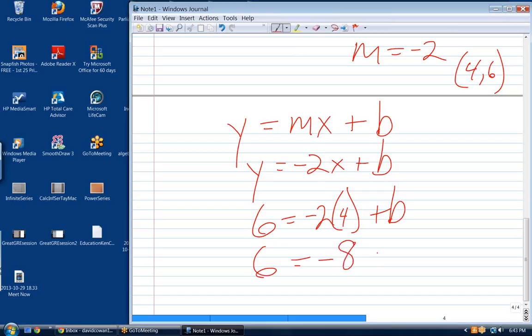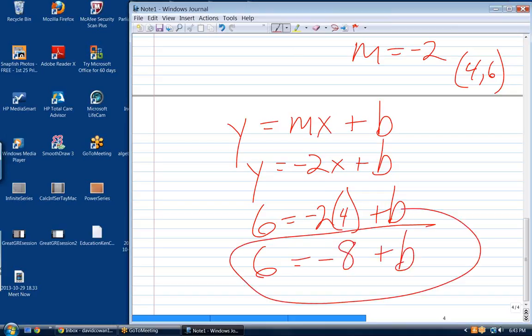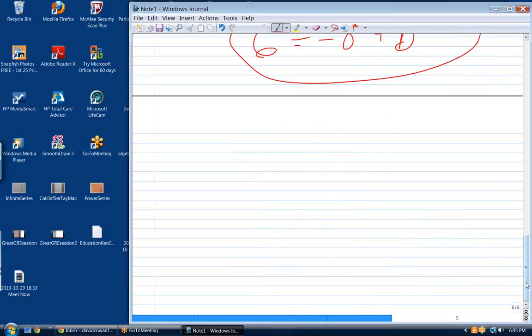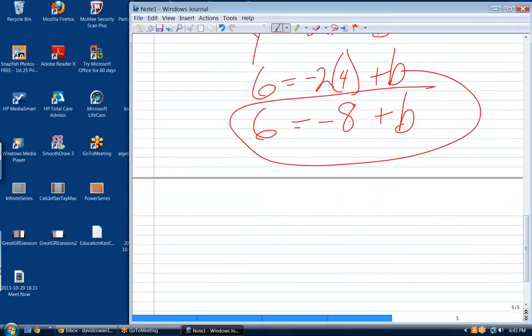Let me give you a helpful hint. When I'm solving equations, all I want to do is get b all by itself. So I want to move that to the other side. Well, right now,